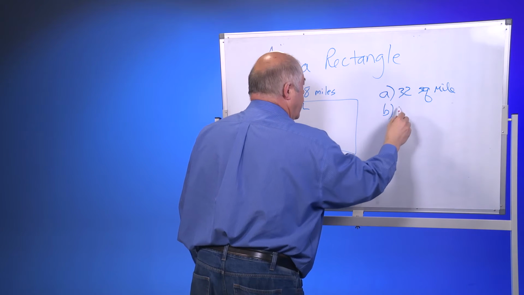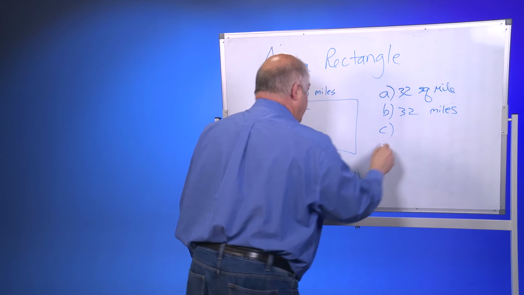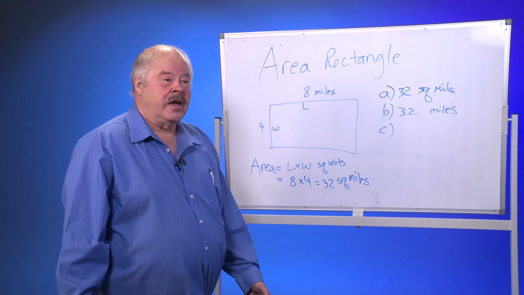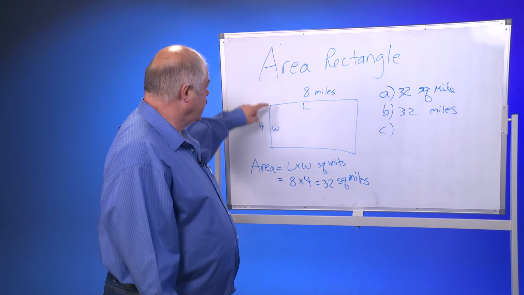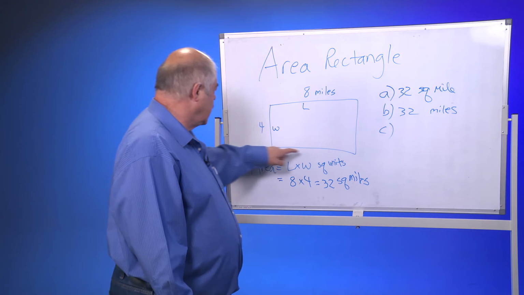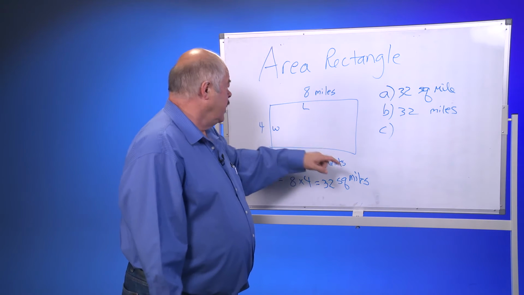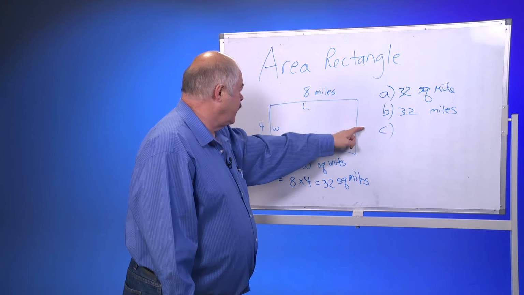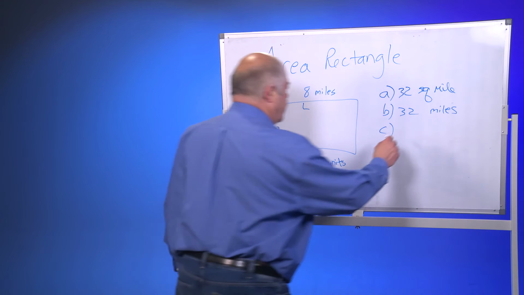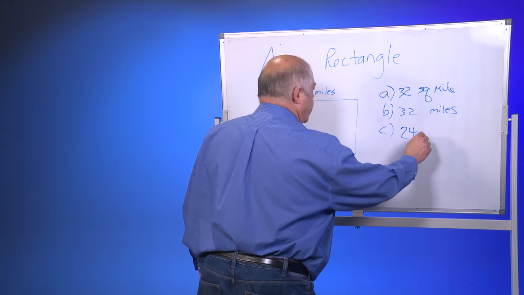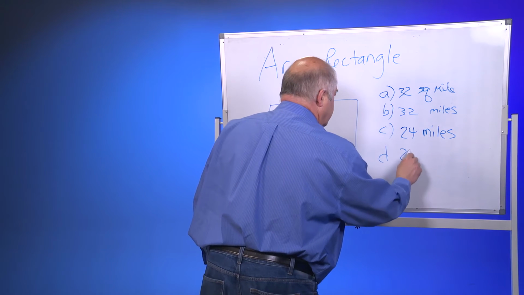They might put 32 miles. They might put, see if you've calculated the perimeter. Remember, the perimeter is the length of walking around the outside. So 4 miles plus 8 miles is 12 miles, and then another 4 miles is 16, and another 8 is 24. So they might put down the answer for the perimeter, 24 miles,